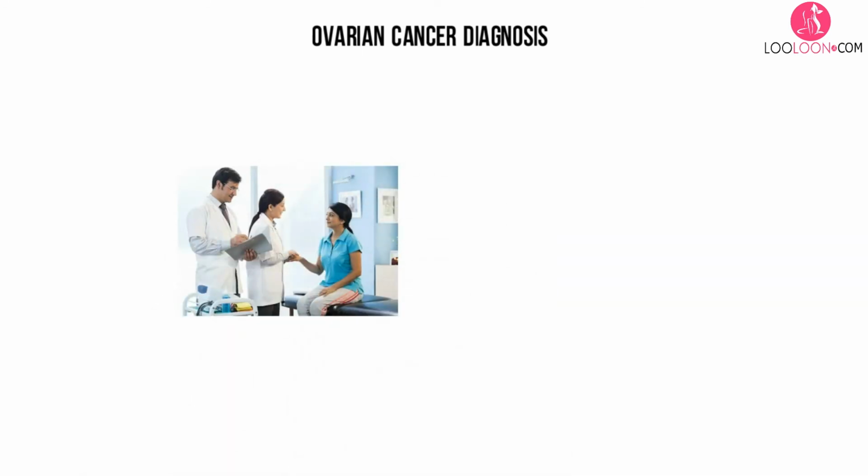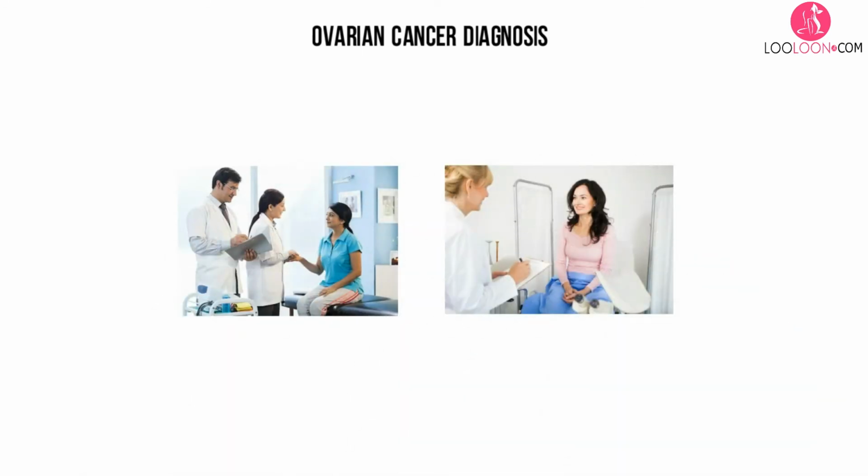Ovarian cancer diagnosis. Diagnosis of ovarian cancer starts with a physical examination, including a pelvic examination, a blood test for CA-125 and sometimes other markers, and transvaginal ultrasound. Sometimes a rectovaginal examination is used to help plan a surgery. The diagnosis must be confirmed with surgery to inspect the abdominal cavity, take biopsies, which are tissue samples for microscopic analysis, and look for cancer cells in the abdominal fluid. This helps to determine if an ovarian mass is benign or malignant.